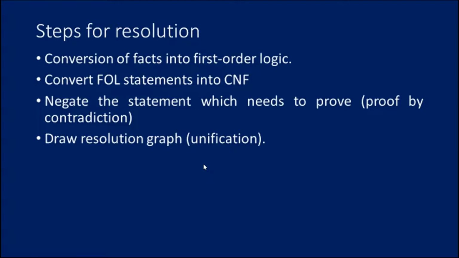So you might now understand where unification is applied. Unification is mainly applied for the theorem which needs to be proved by contradiction. So in those cases we use unification. We know unification is nothing but a substitution process, and we go for unification if and only if the number of arguments is the same.